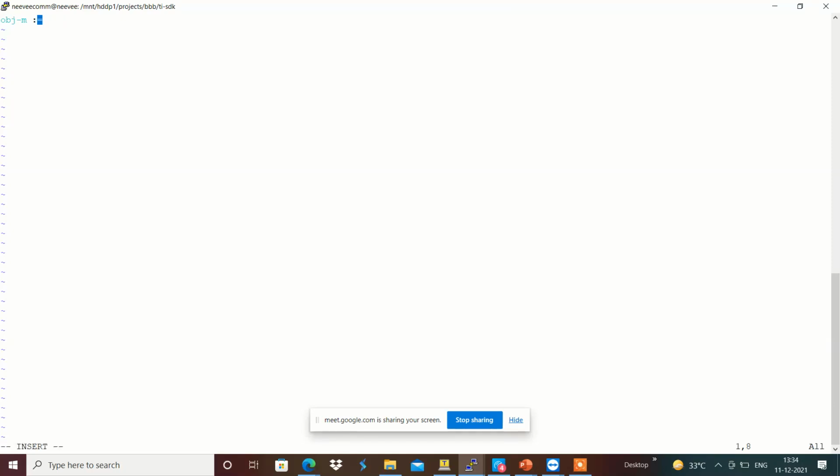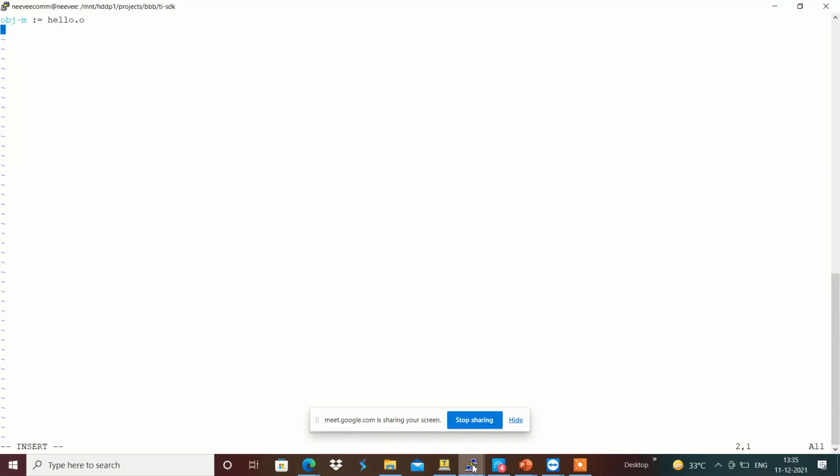And here I am going to use obj-m, which is for a module. For that I am going to define obj-m, and hello.o is the one which is going to be created, and I have the kernel source over here.